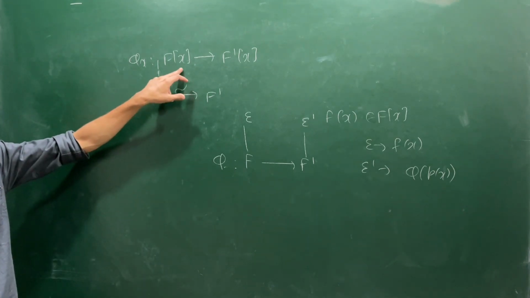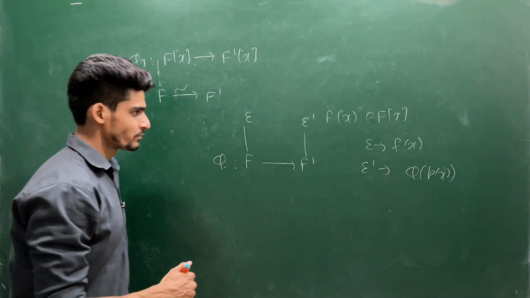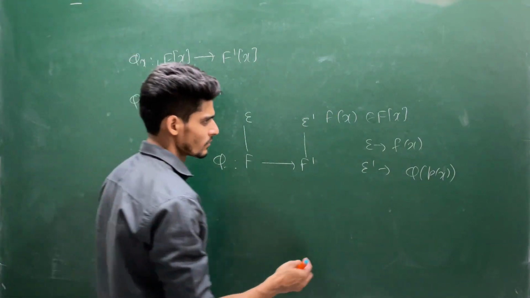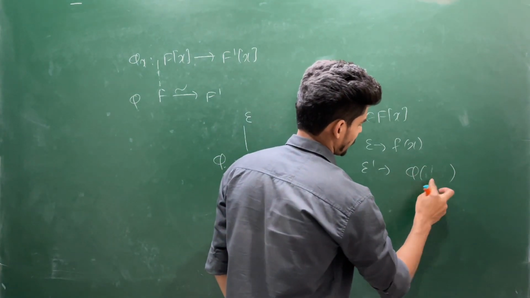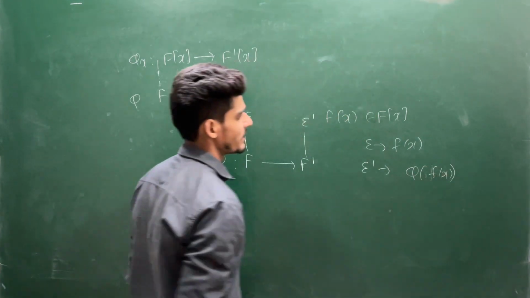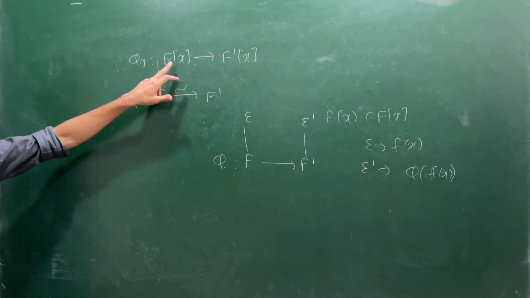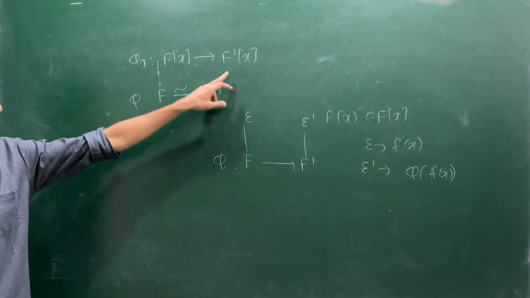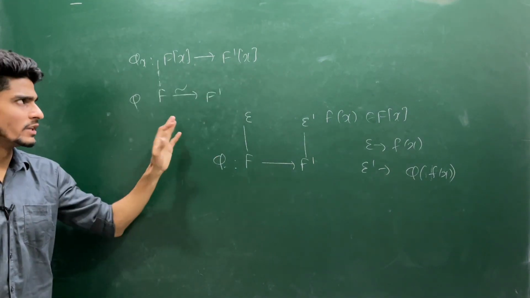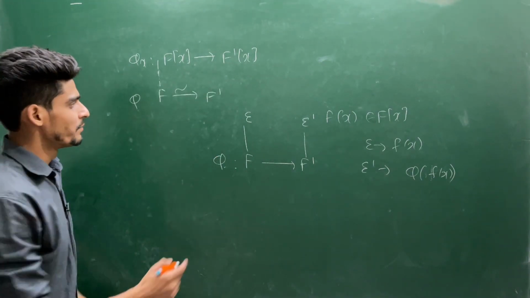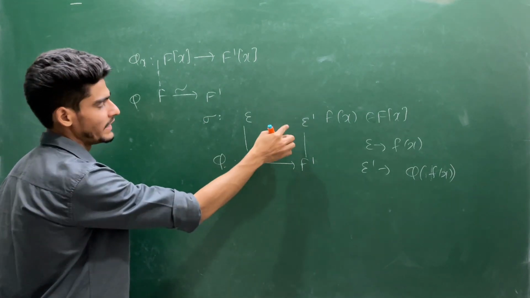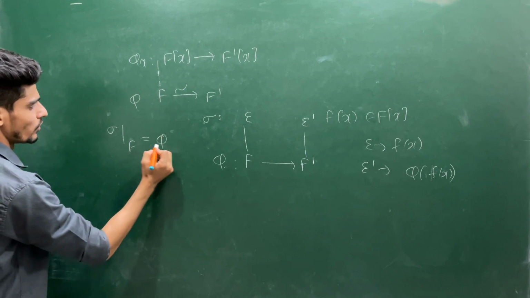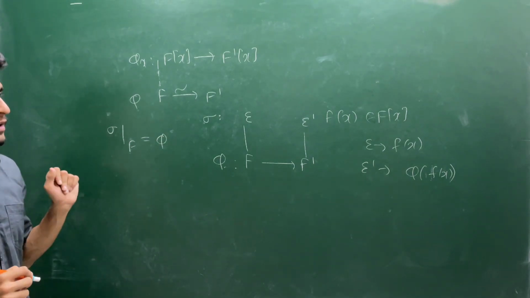So this is a ring isomorphism, and we saw that if p(x) is an irreducible polynomial in F[x], and you find the image under phi_x, then the image is going to be an irreducible polynomial in F prime[x]. So this we have seen, and we constructed this isomorphism sigma from E to E prime, where sigma restricted to F gives you phi. So this we constructed in the previous lecture.